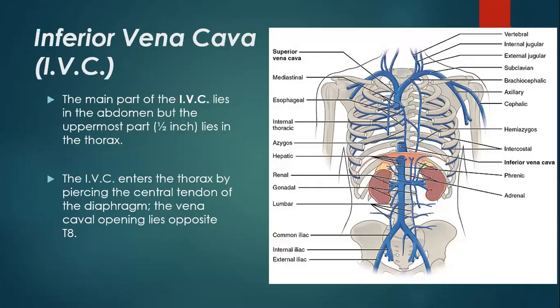Okay. So now going to the next vein, that is the inferior vena cava. We have seen this is the superior vena cava. If you can see here, these are the right and left brachiocephalic veins joined together to form the superior vena cava. And here you can see this is the intrathoracic part. Behind will be the azygous vein, which will be opening here.